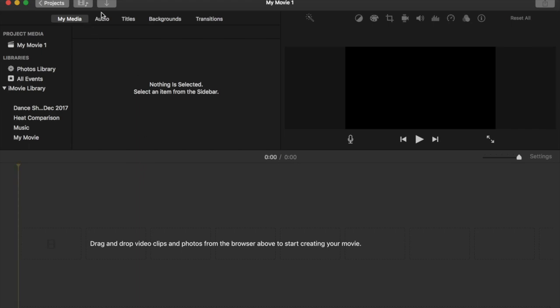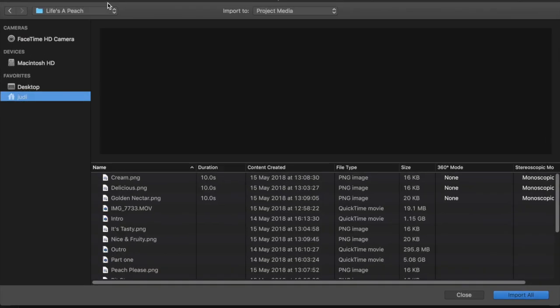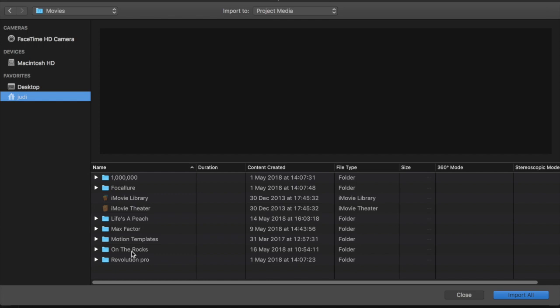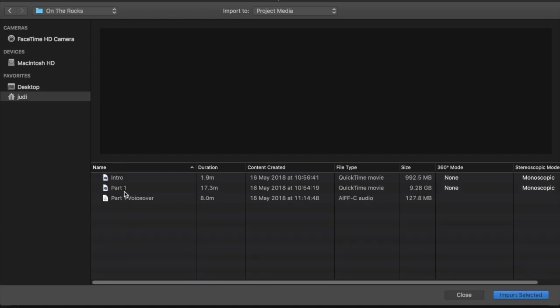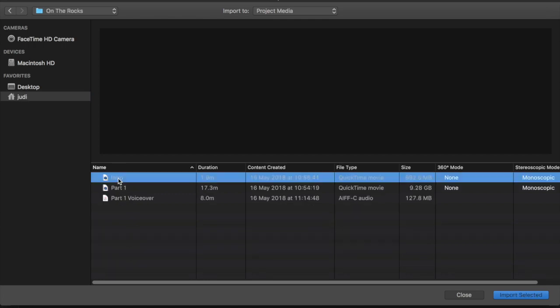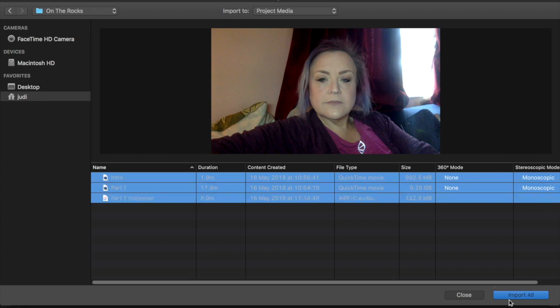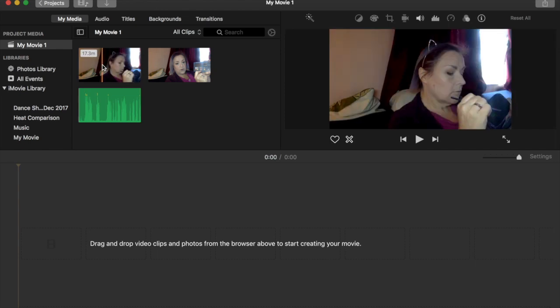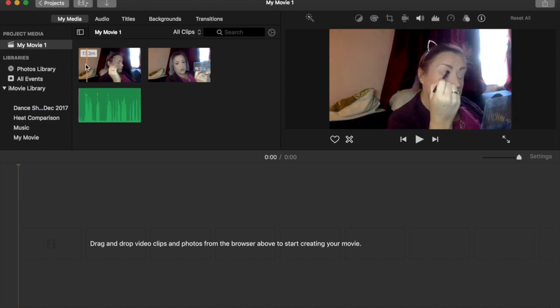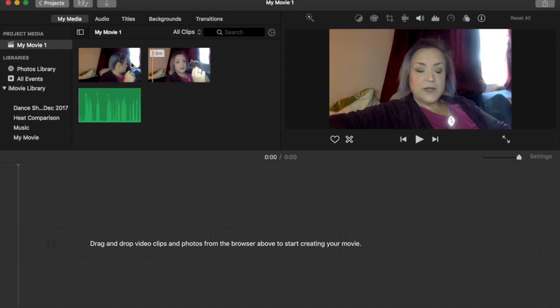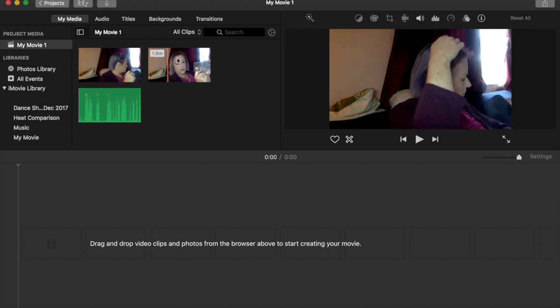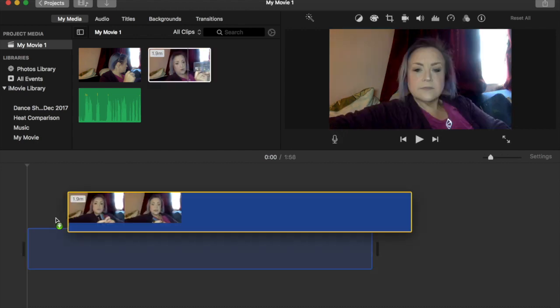So now I need to upload my media. So I go back into the folder that I created before and I select everything and I import it all. Check to make sure I've got the various bits and pieces that I need. And then I drag my first clip into my slider, second clip in.